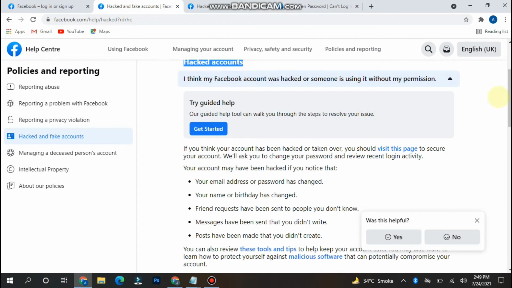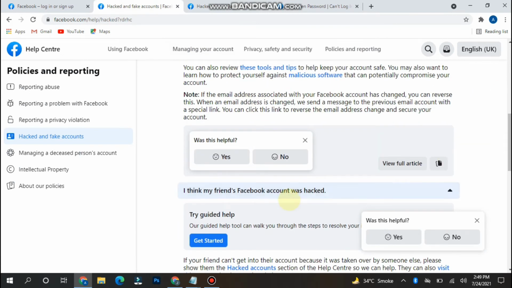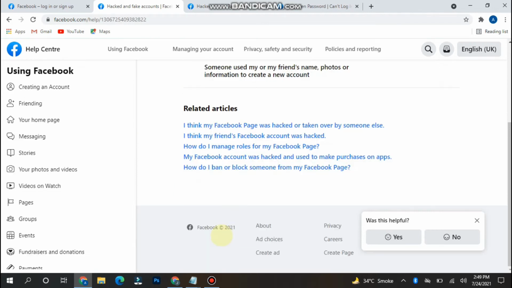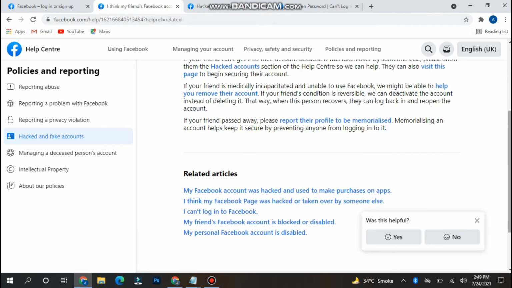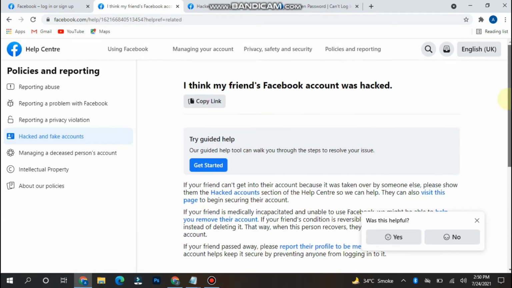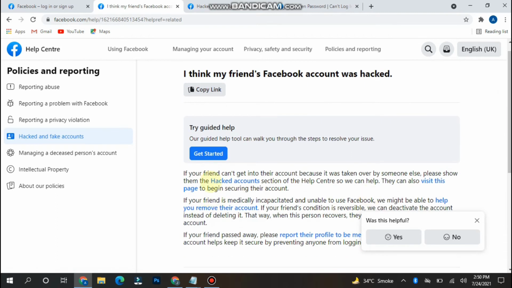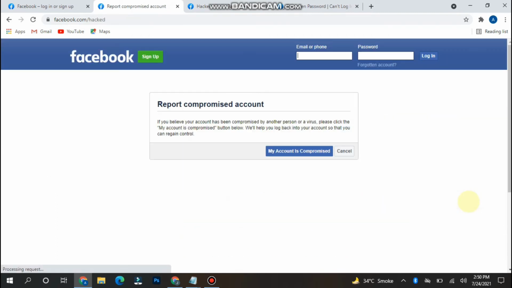So now you have to click on the get started from the other section. Here you have to click on I think my friend's Facebook account was hacked, and now you have to click on visit this page, and here you have to click on my account is compromised, tap on it.